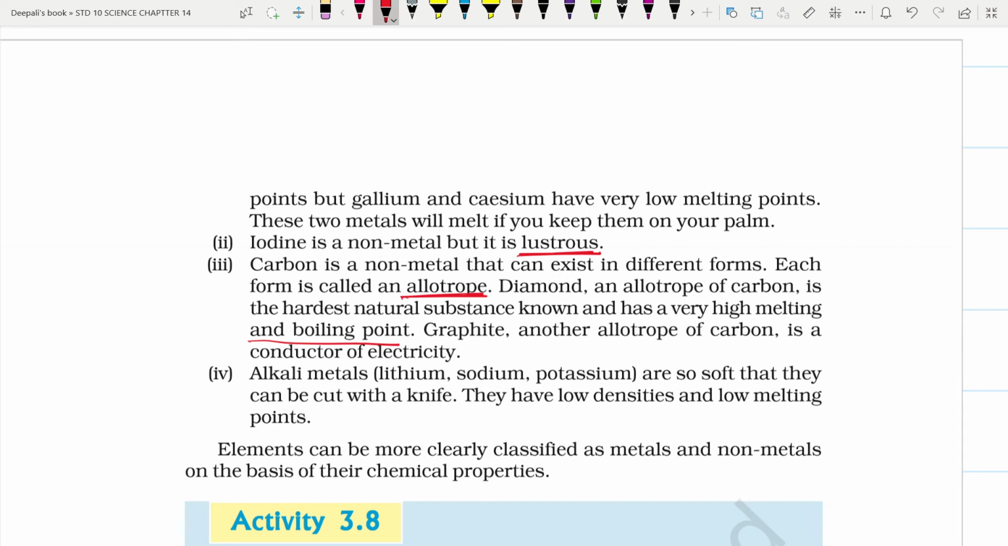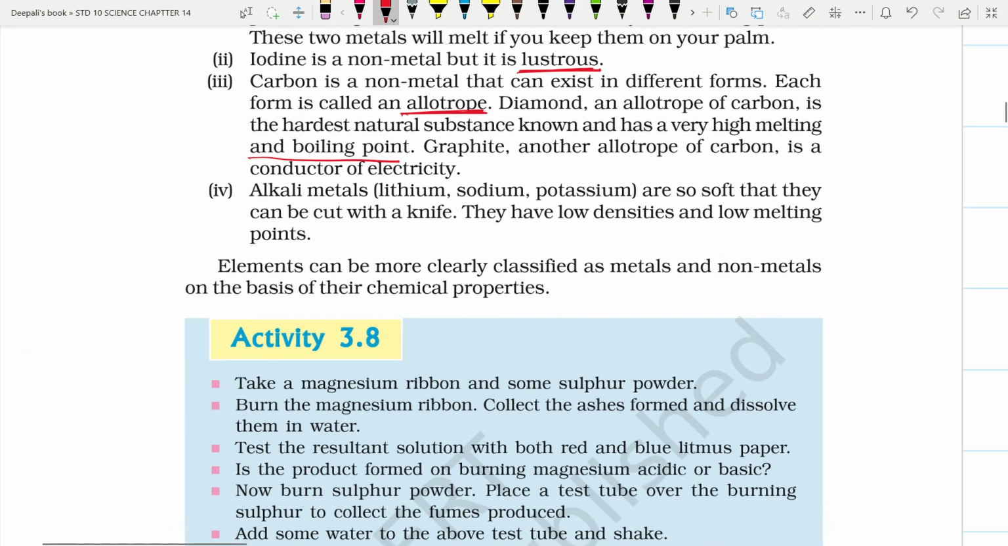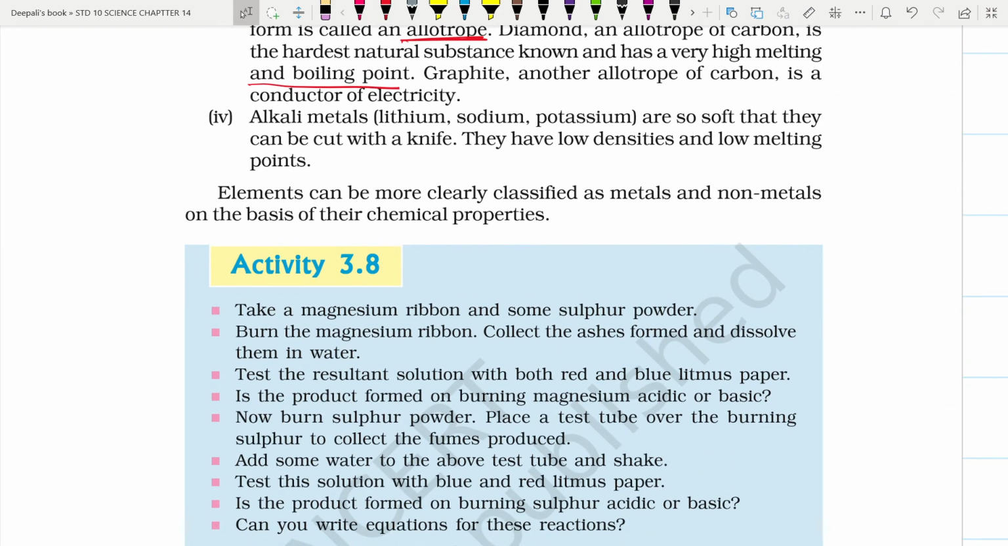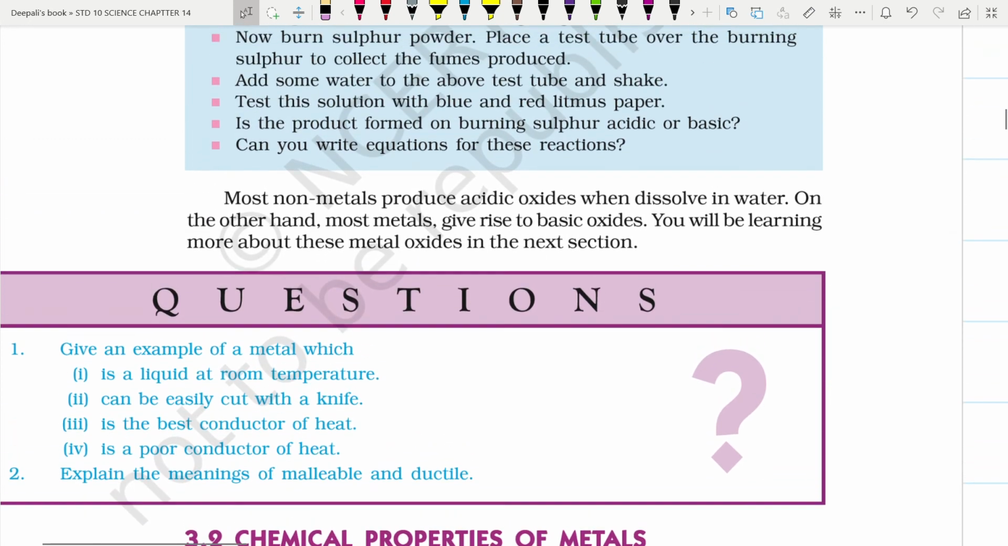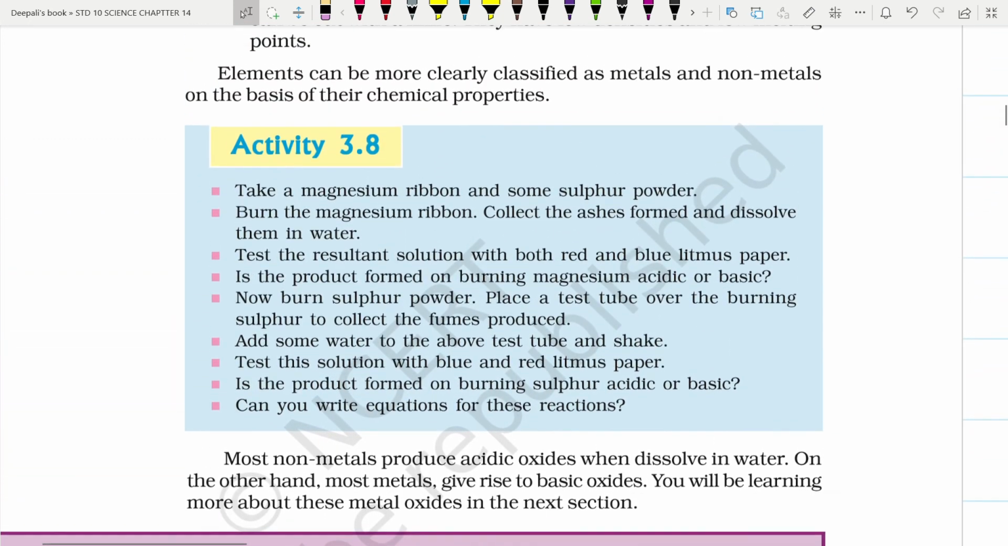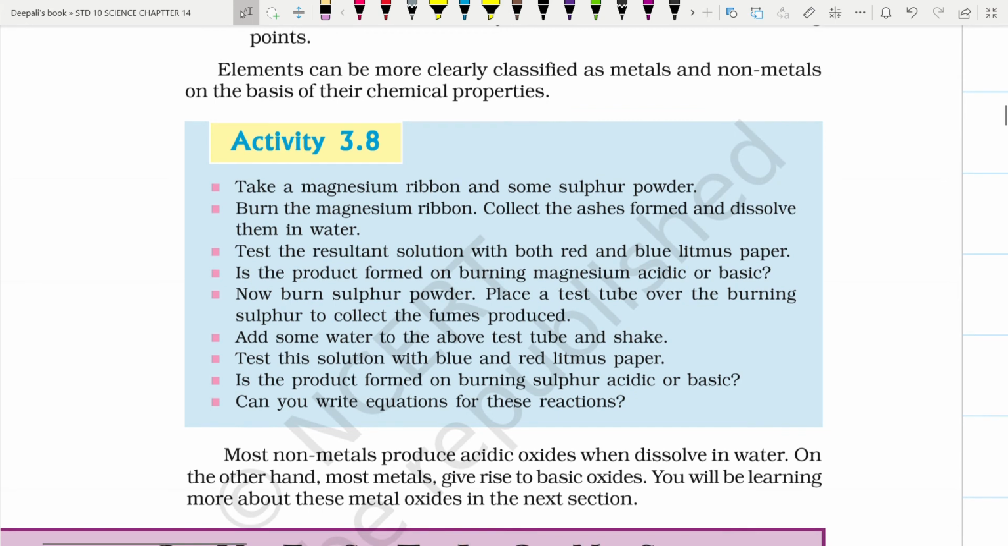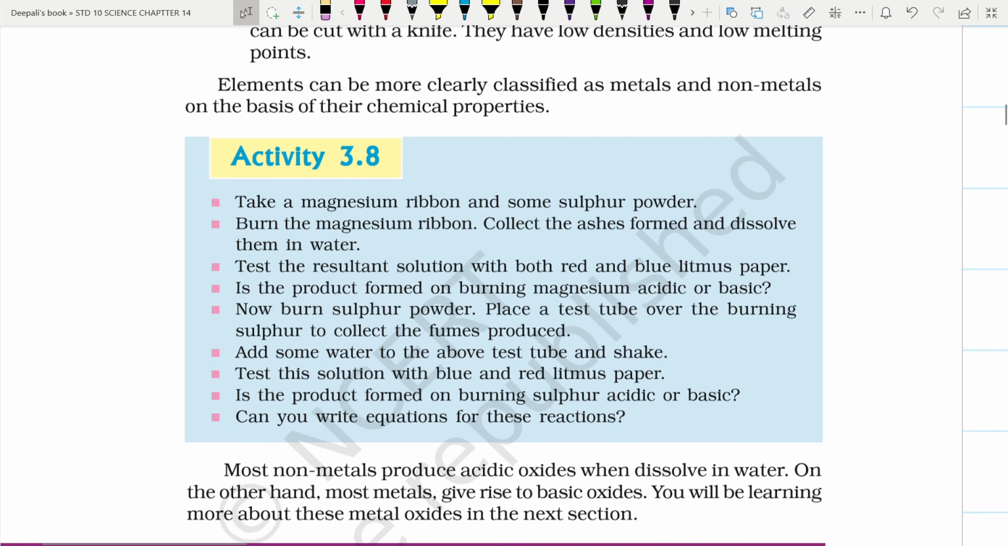Alkali metals, lithium, sodium, potassium, are so soft that they can be cut with a knife. They have low density and low melting point. So you can say these are the exceptions. Elements can be more clearly classified as metals and non-metals on the basis of their chemical properties. So in the next session, we are going to understand their chemical properties, where we will take a magnesium ribbon